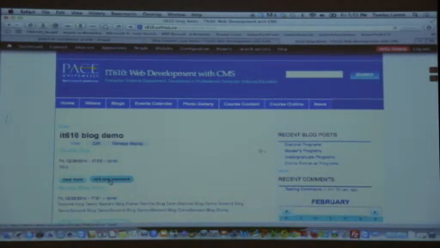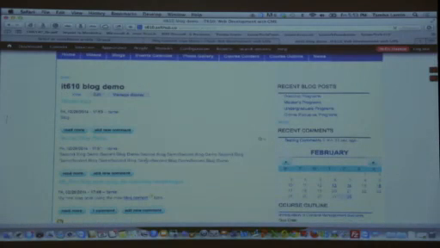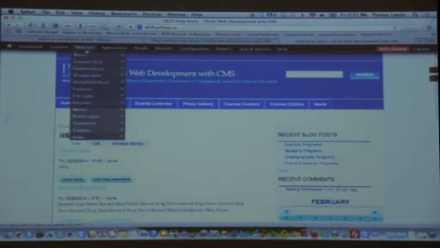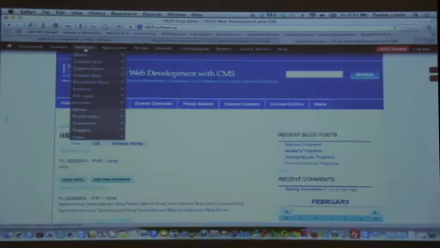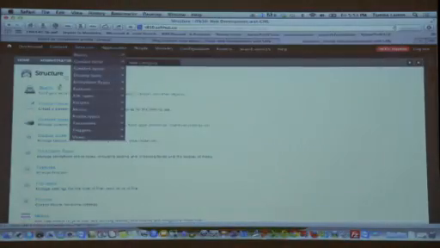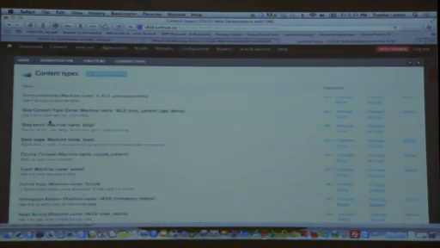So in this video, we've created a content type. We've created one field, a custom field for this content type. And we've created 3 content, and we've tagged this content. So to create a content type, again, you go to structure, you click on content types, you click on add new content,